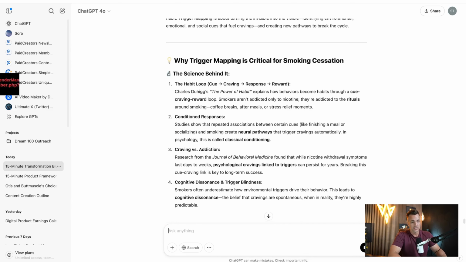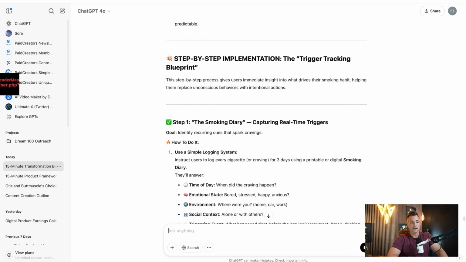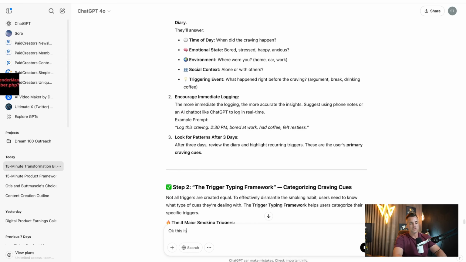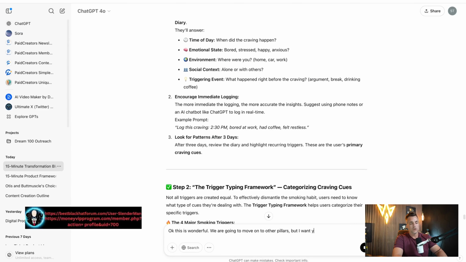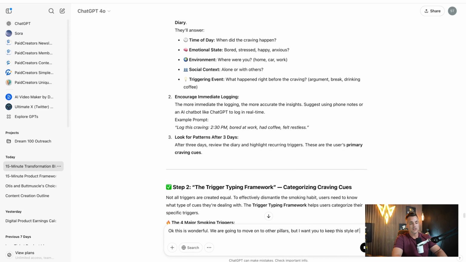And then we're going to say, okay, keep this as a return format for each individual module so that when I break down other pillars, you respond to each module in much the same way. Okay, this is wonderful. We are going to move on to other pillars, but I want you to keep this style of return in mind as we go through other fixes inside those other 6 module pillars.